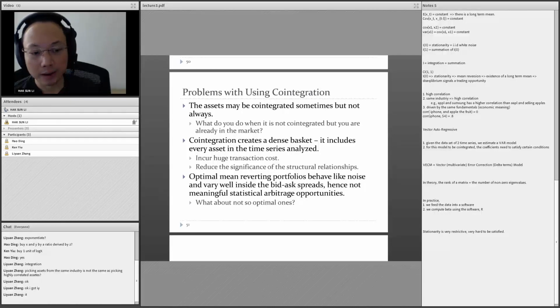So even though you make money, you may just give all the money to the slippage, to the transaction. Okay. So it doesn't help you make money in this case. Another problem with trading 10 assets is that